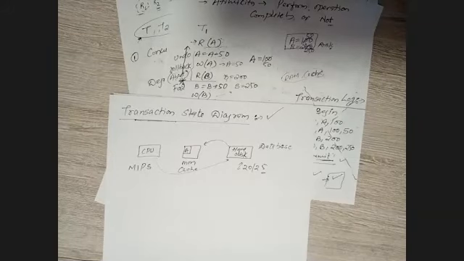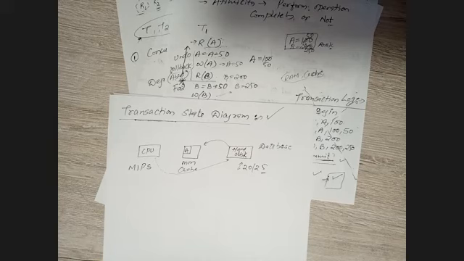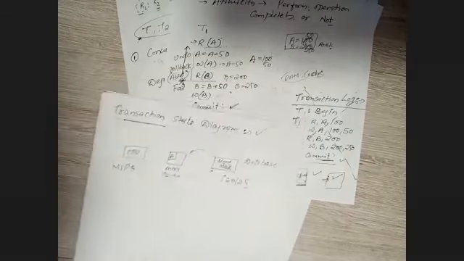Okay, we'll understand this transaction state diagram in the next class, right? After that, this is only atomicity right now, so we have to do the rest: consistency, isolation, and durability also, right? Probably we'll continue in the next class, but definitely we need to increase our speed. We need to cover a lot of things, right?